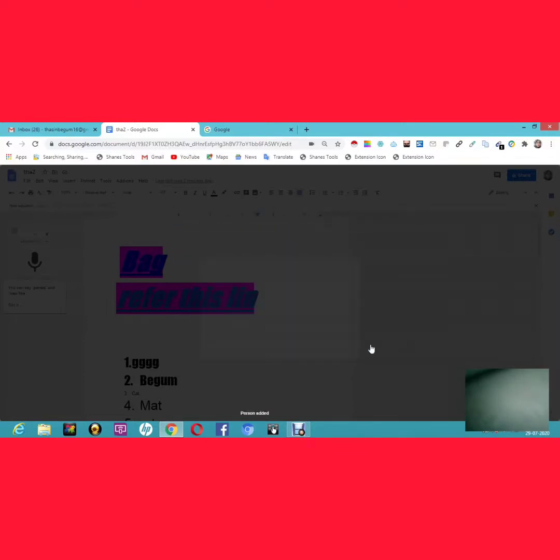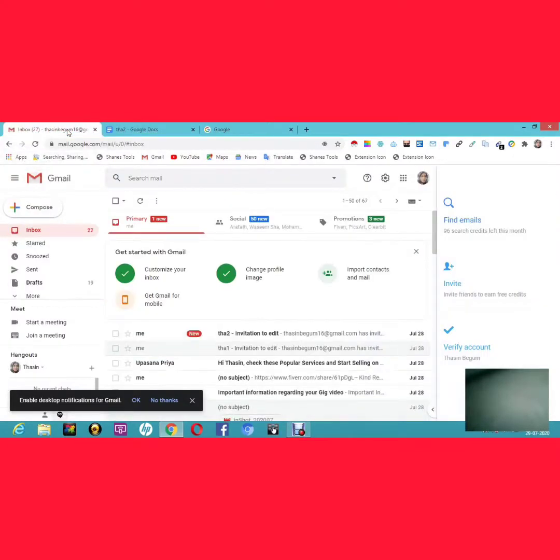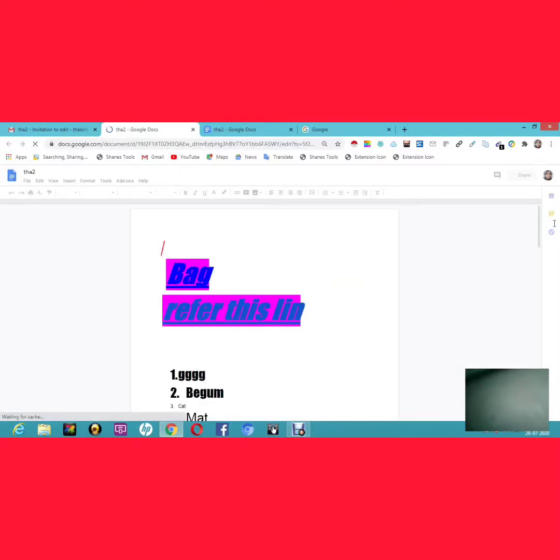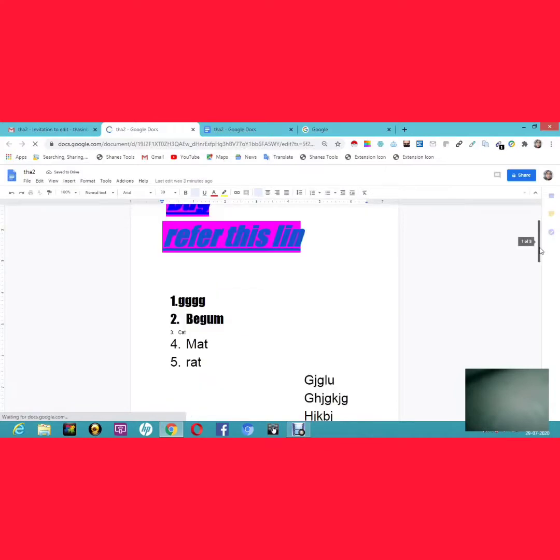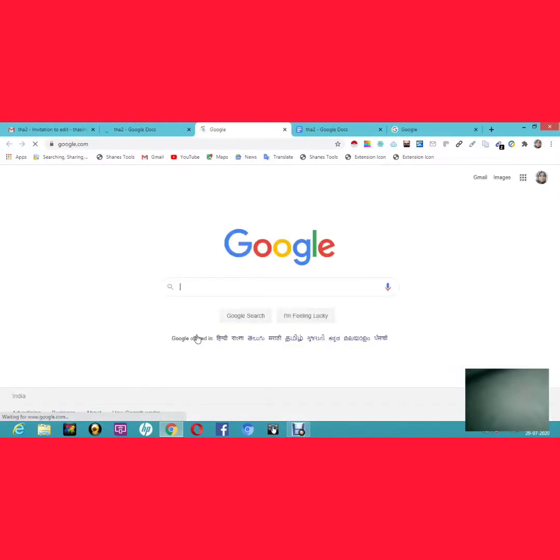So I'm sending to my own Gmail. Let's open it and see whether it's really working or what. So let's open. Yes, here is my invitation to edit. So let me open and see how it gets open and how it works. So open in Docs, I'm going to click. It has started downloading, and it is opening in the same way how I was doing the editing process. Let me see whether this link is working or what. Yes, absolutely it is working. So here you can see the link, and I'm going to just click this and see my Google is